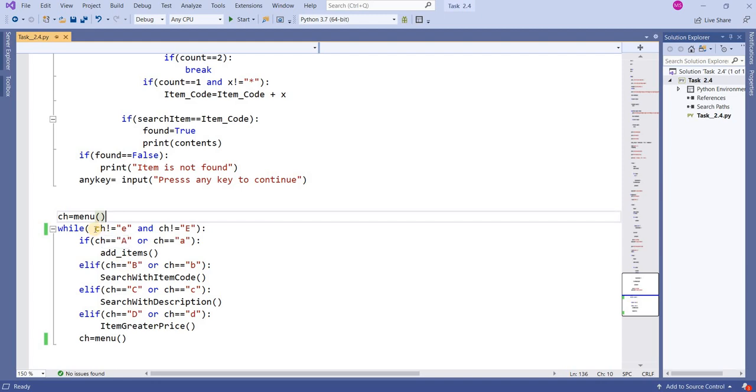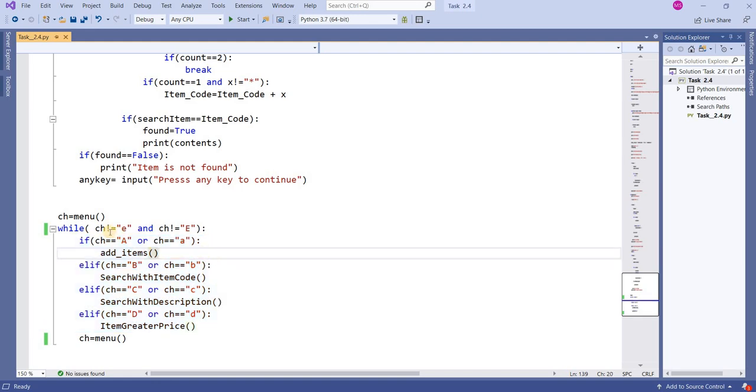So I am checking here while ch is not equal to e and ch is not equal to capital E, then you will move inside the body of the loop. This is the body of the loop. Why have I written these conditions? Because on small e or capital E, I want to stop the program.